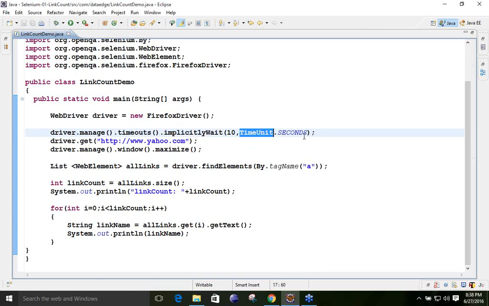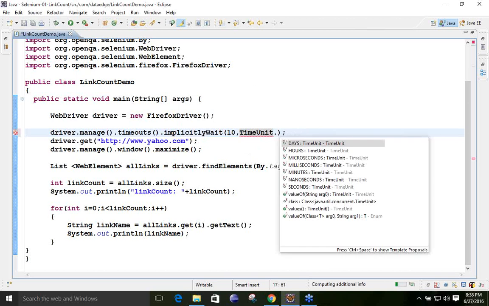If you simply remove this time unit and put the dot, it will give you the different units. You can see here seconds is there, nanoseconds, milli, micro, hours also, days also. So whatever you want to do, give your corresponding or suitable timing.